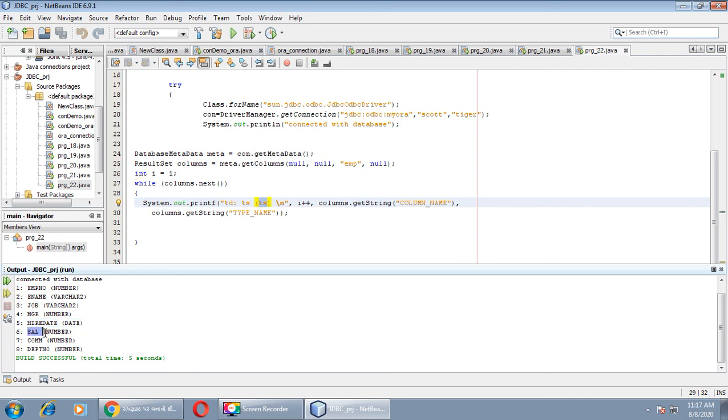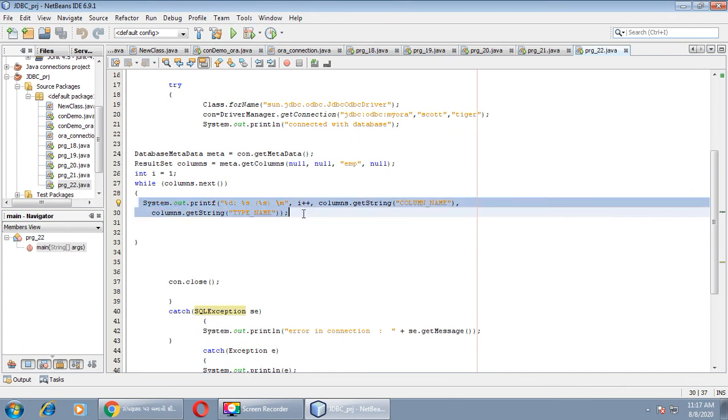Row number 6, the column name is salary, and the data type is number. The 7th row is commission, and the data type is number. And the 8th row, the last row of the EMP table, is department number, and the data type is number. This is all the information we got through this method, lines 29 and 30.